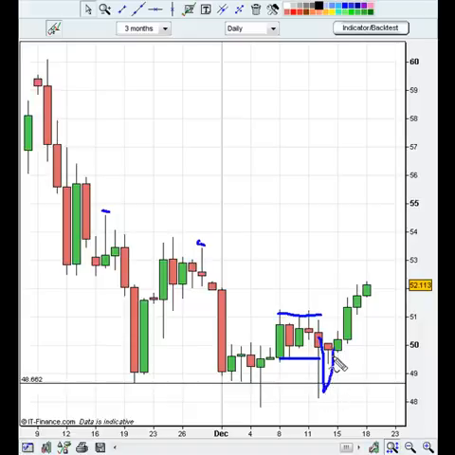The second confirmation was this, see this inside bar structure here, and then the move down and then straight back up. It's a shakeout, it's a false move, and that was almost a fakie. I mean, I'd call that a fakie right there. It has to be. You've got all these inside bars and a false move, but really, because we're looking in hindsight,